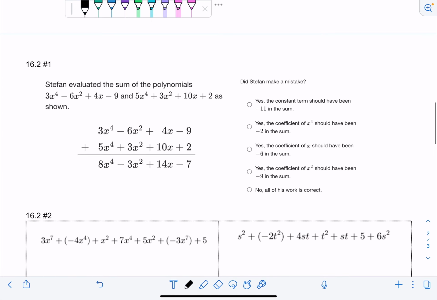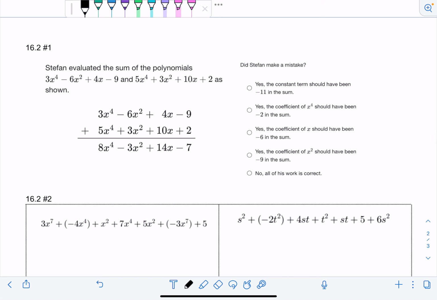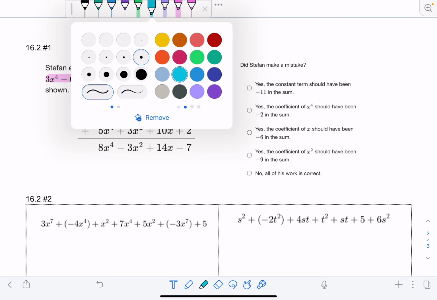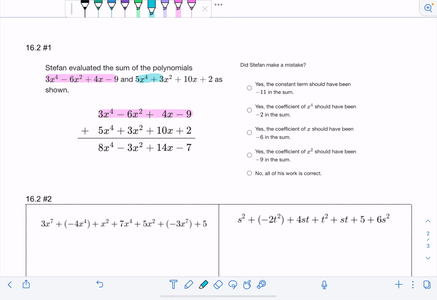Coefficients are a part of the overall term, but the terms include the variables as well. Okay, 16.2 number 1. Stefan evaluated the sum of the polynomial 3x to the 4th power minus 6x squared plus 4x minus 9 and 5x to the 4th plus 3x squared plus 10x plus 2 as shown. So did he make a mistake? So what he's doing is he's taking that first expression, 3x to the 4th minus 6x squared plus 4x minus 9, puts that on top, and then on bottom he puts the 5x to the 4th plus 3x squared plus 10x plus 2 like this,